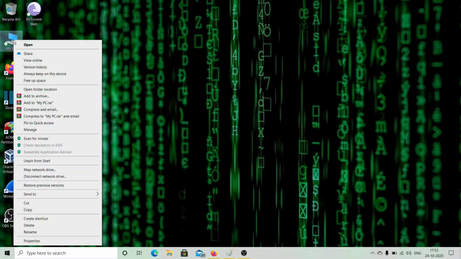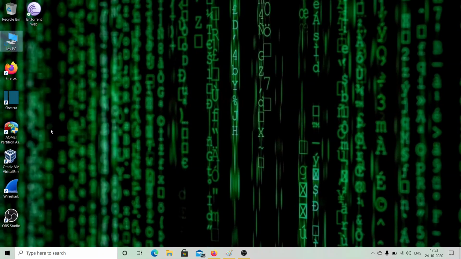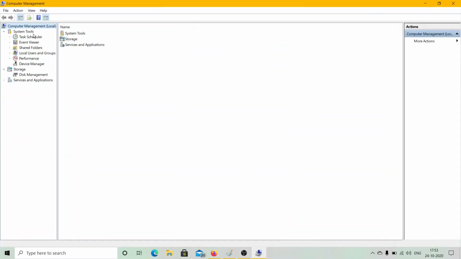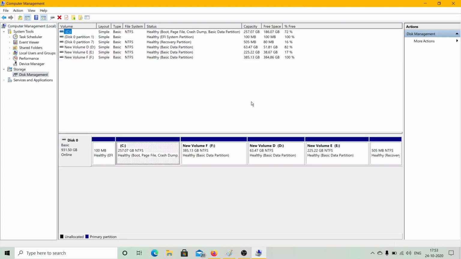Now we've got to do the partitioning. You can right click on My PC, click on Manage, and locate Disk Management under the heading of Storage. Here you can see all the partitions in your hard disk, and here are my 4 volumes C, D, E and F. Another warning is that you should not format, delete or do anything with the 100 MB and 505 MB partitions because those contain the Windows boot manager. If you alter them in any way, you cannot load your Windows and your PC would be left in an unusable state and would need rescuing, which in itself is a wrong process.